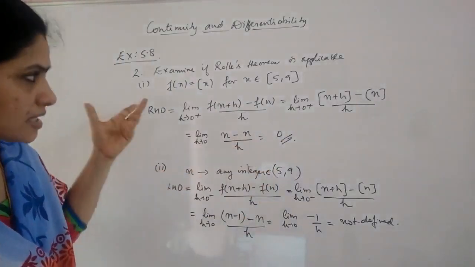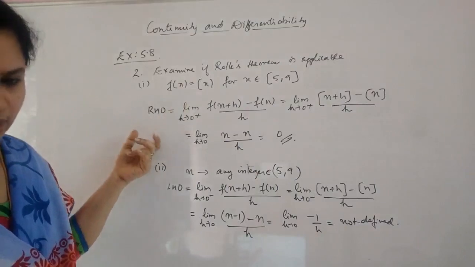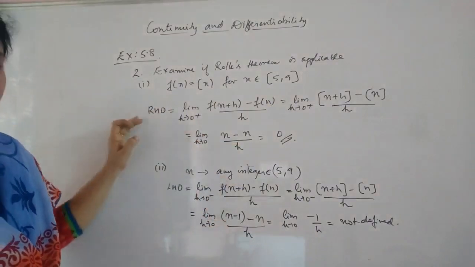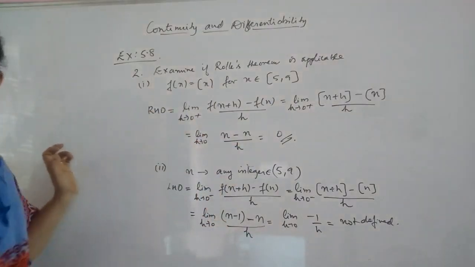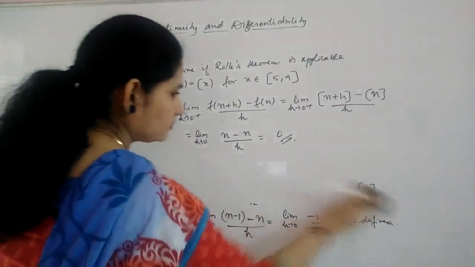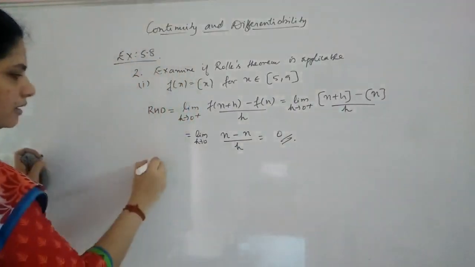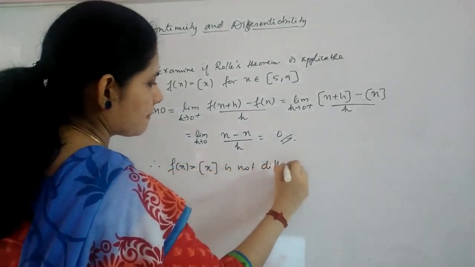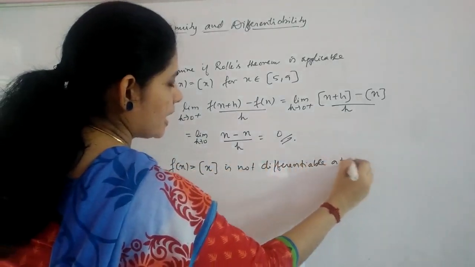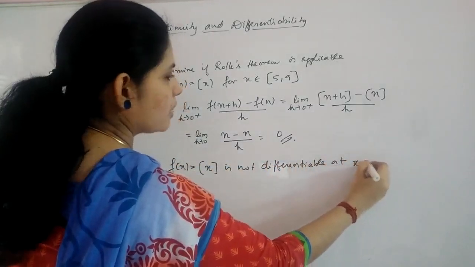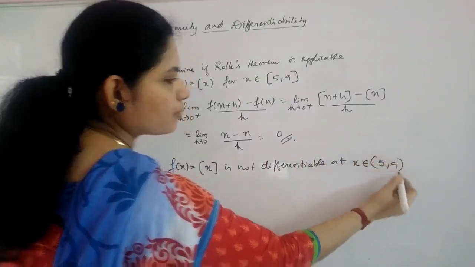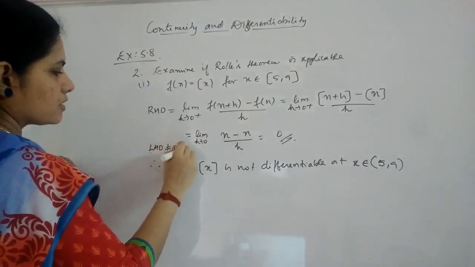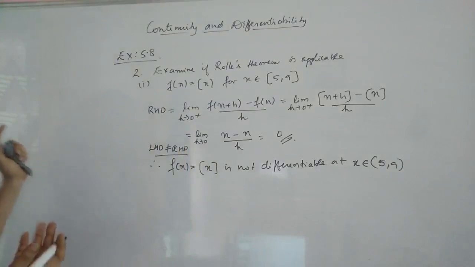So you can just see that the left hand derivative is not defined and right hand derivative is 0. So you can say that in general, if it was 6 or 7 or 8, whatever be in this interval, any integer if you take, for any integer, this function is not differentiable. The function is not differentiable in the open interval 5 comma 9. Therefore, f of x equal to greatest integer of x is not differentiable at any x belonging to open 5 comma 9. That is important. Okay, open only we are seeing for open 5 comma 9. Why? Because LHD is not equal to RHD. Okay, so this is the second condition which it is not satisfying.